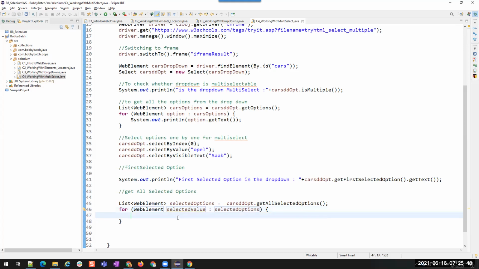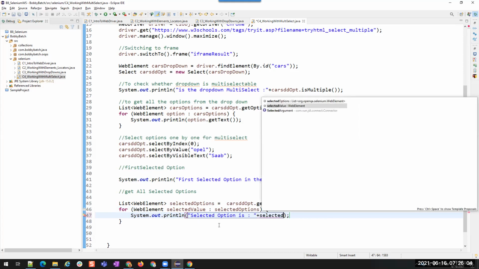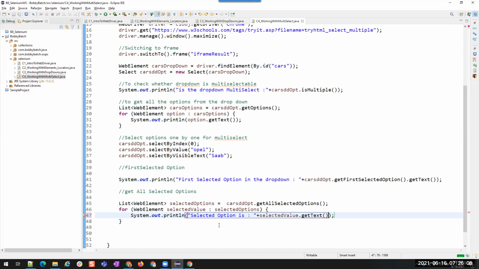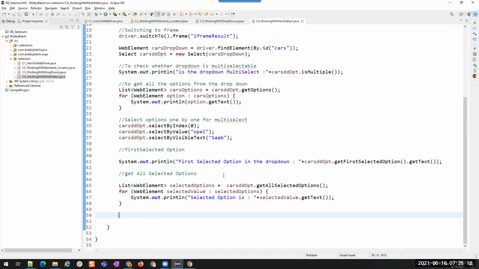For each, I am printing it. Selected option is plus selected value dot get text. So we are done with selection.